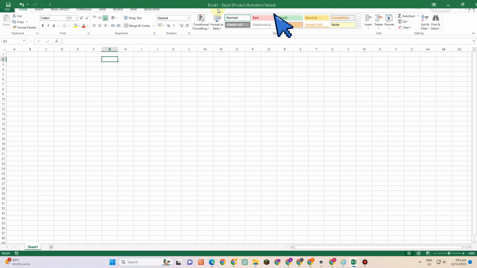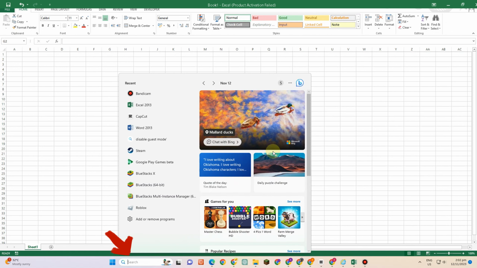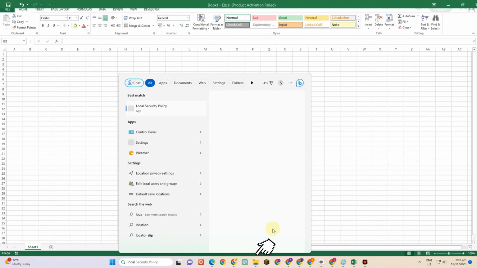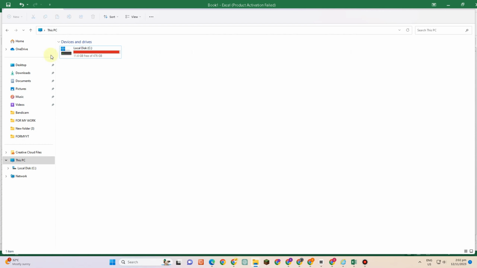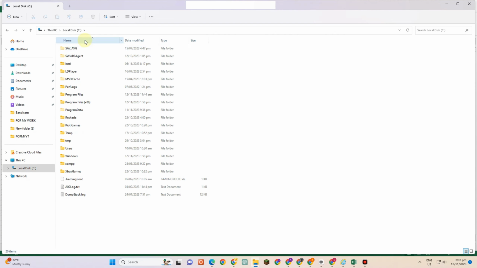The very first thing you should do when you encounter this problem is to simply go to the search box and look for local disk, or you can simply go and tap this folder icon here and go directly to your local disk. Okay, so once you're here, you just have to click this one, scroll down, and look for